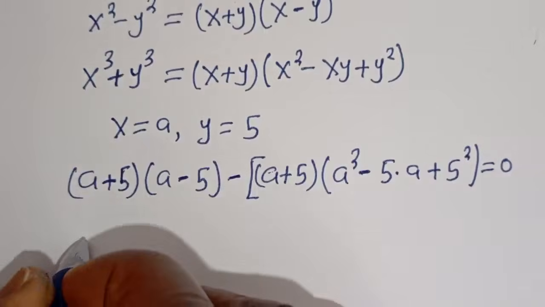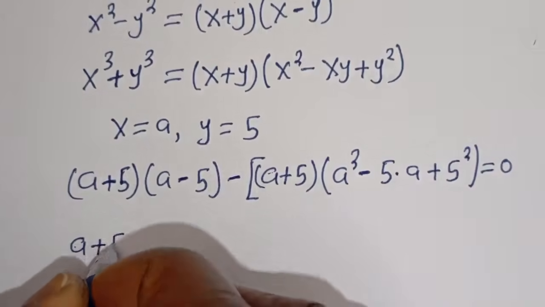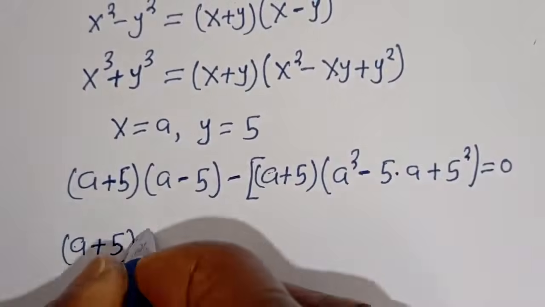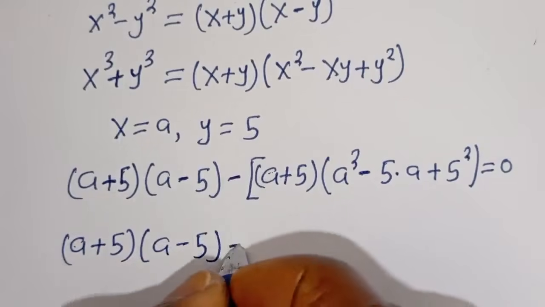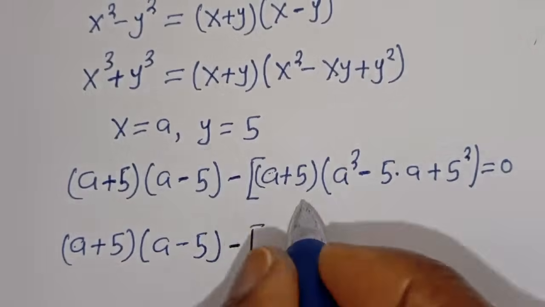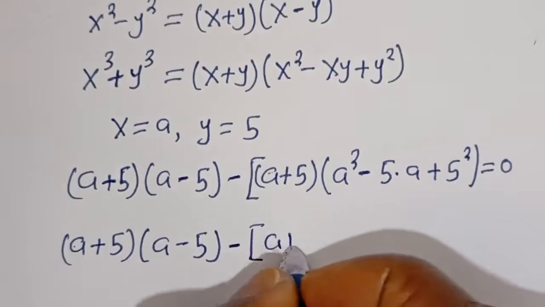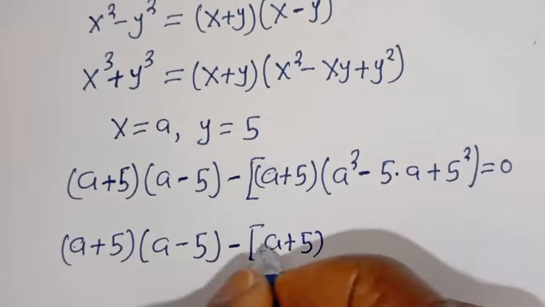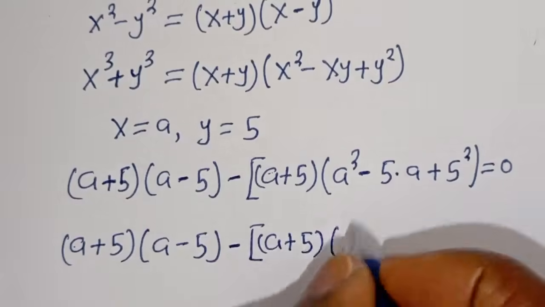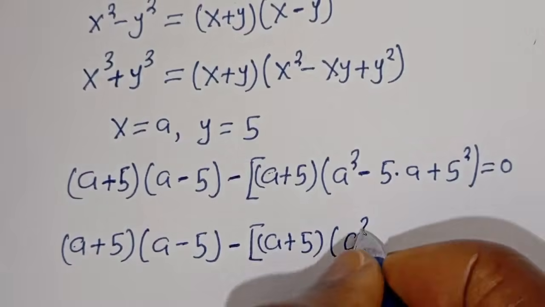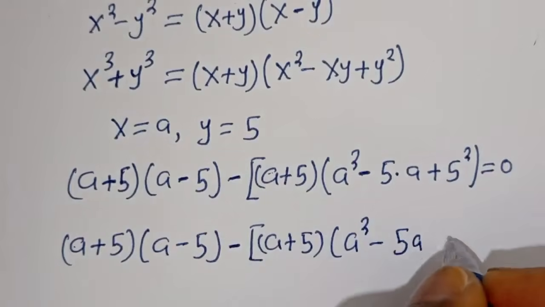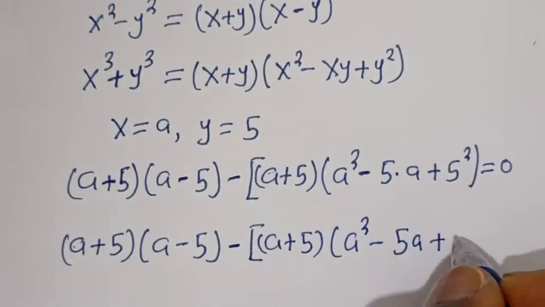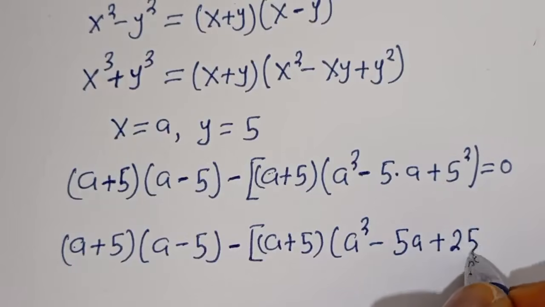Then we have a plus 5 bracket a minus 5, minus here we have a plus 5 bracket a squared minus 5a plus 5 squared, that is 25,